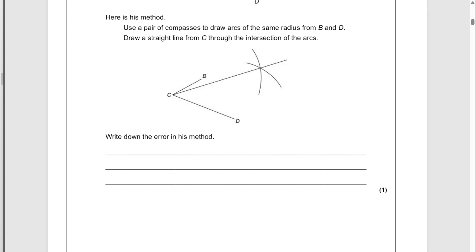He should have started by marking points on CB and CD an equal distance from C. So he should have started by drawing arcs on CB and CD an equal distance